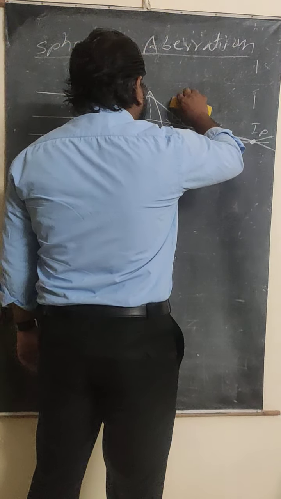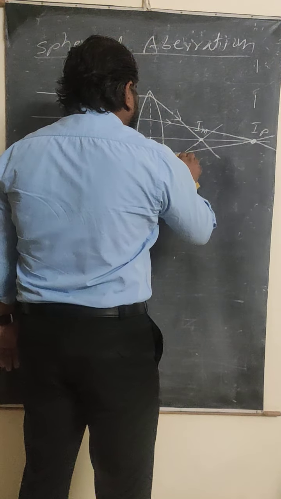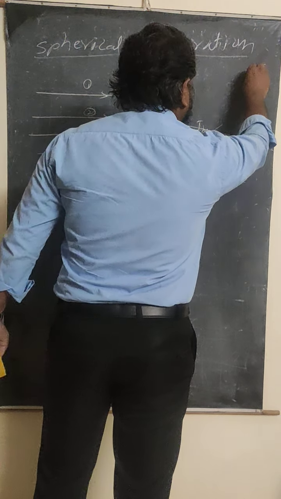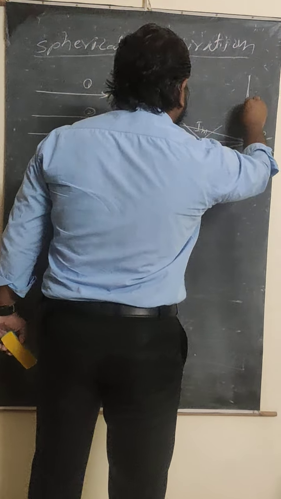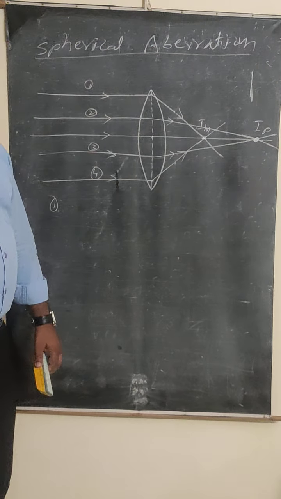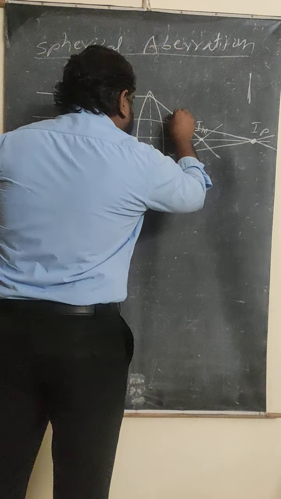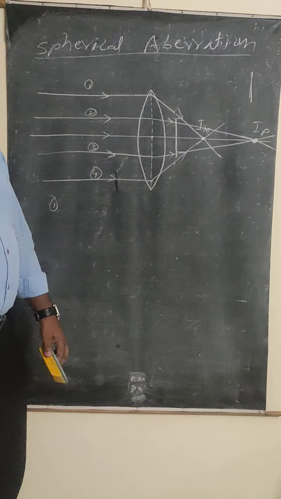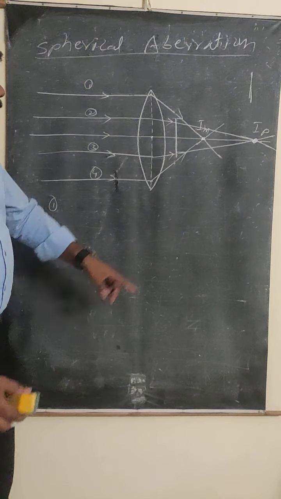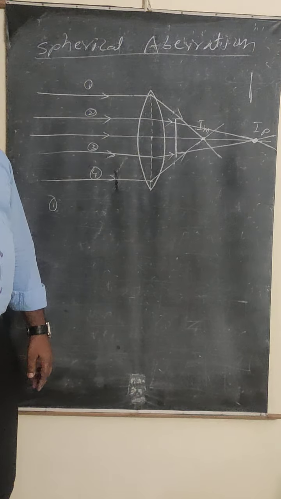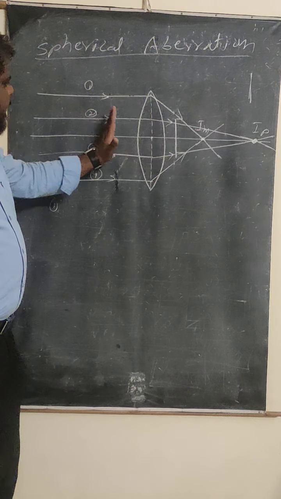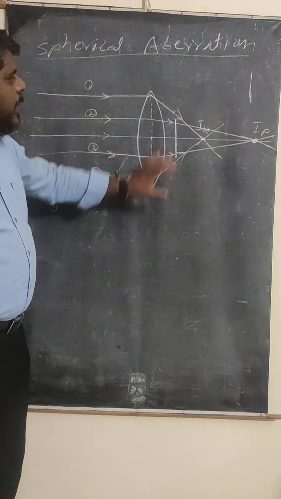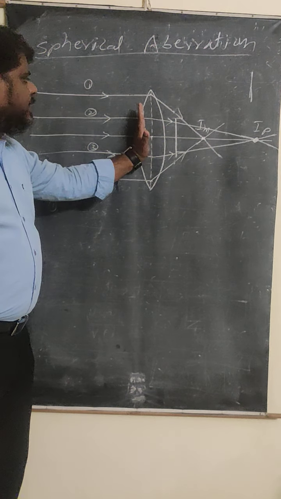Sometimes you use another type of stop, which means you just use a single stop. This is a single stop, and you place it at this place, here. When you place a single stop at this place, whatever light is coming here will refract and be incident on the stop. This stop will stop the marginal rays.